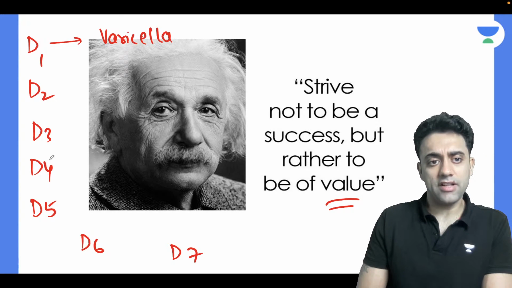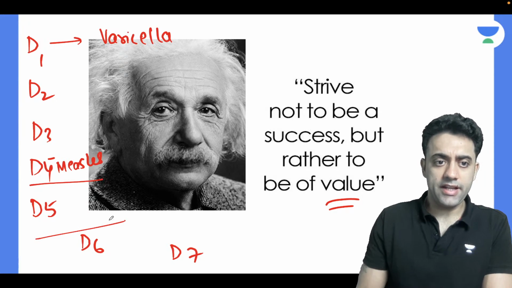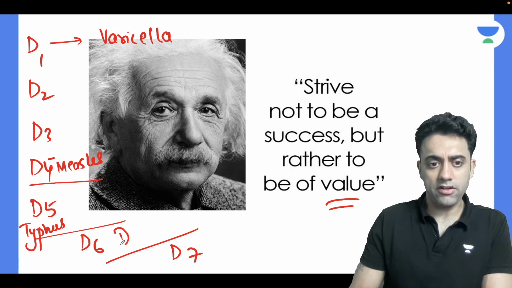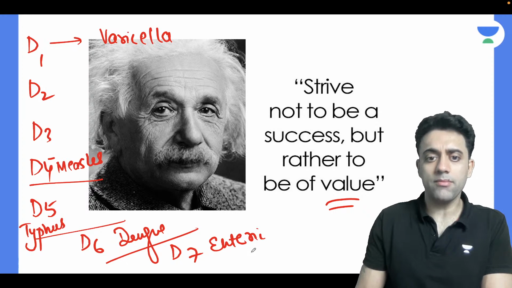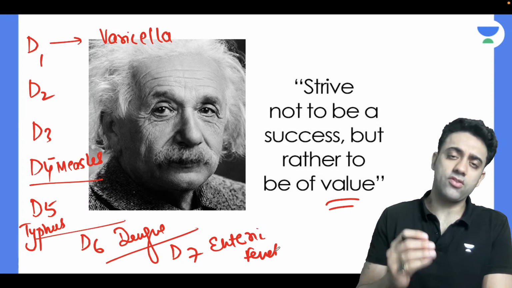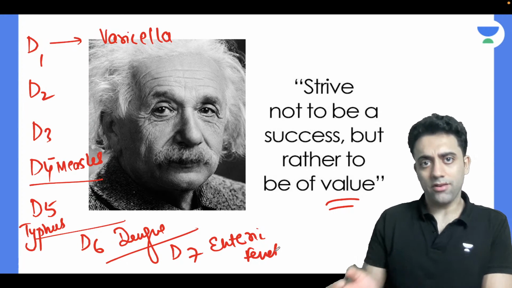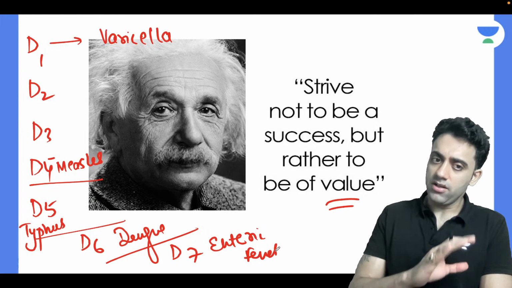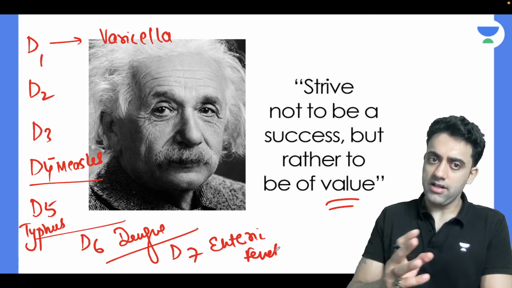If I have a fever with rash on day 5, you will think of measles. Day 4 you'll think of measles. Day 5 you will think of typhus, scrub typhus. Day 6 you will think of dengue, and day 7 you will think of enteric fever. Do you remember this? In the previous classes, first topic only we have done. If you are a newcomer, please watch the previous videos on YouTube and also on the Unacademy Conquer NEET PG YouTube channel and Unacademy app. Every single video is free right now. Before it gets locked, before it gets private, watch the videos.